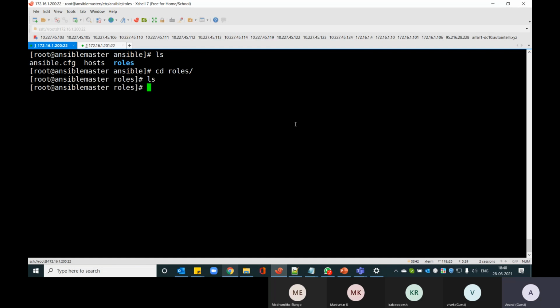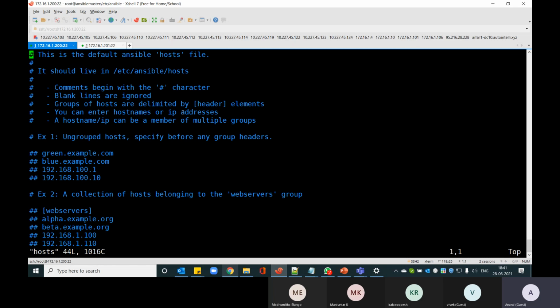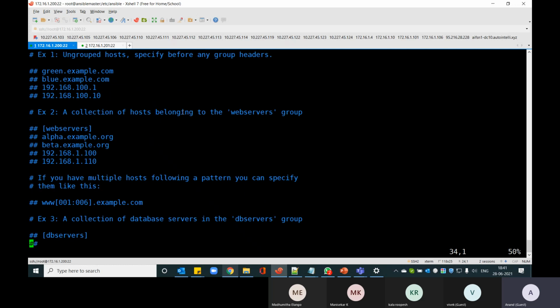Okay, then back to our playbooks. What we are going to do now is quickly take a look around the inventory file, and we will also add our client node into our inventory, right? So let us open our inventory file with some default. Again, everything will be commented, and they show how exactly you want to create your inventory.